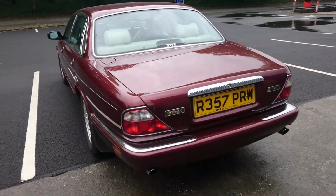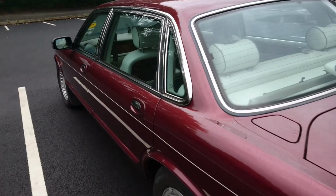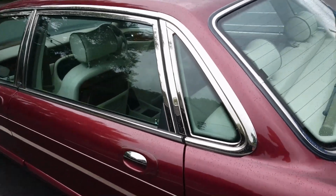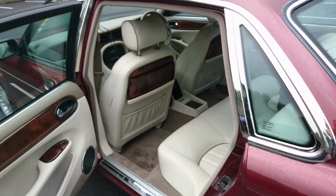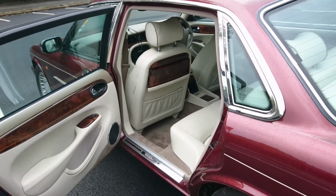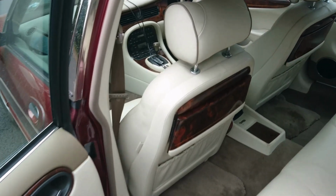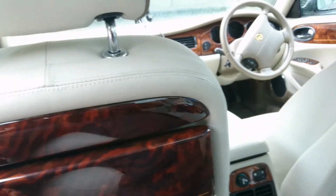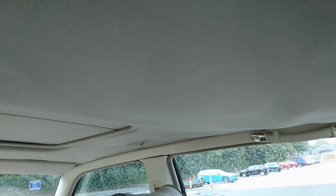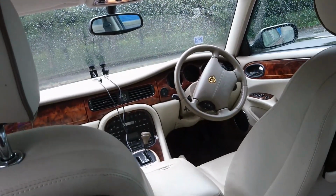Twin exhausts. I'm surprised you've not got twin fuel tanks actually. We've only got one fuel tank in this. Probably not the most economical car, but look at the space. If you're the mayor of somewhere distinguished, this would be the car for you. Luxury wood, cream leather, not quite beige leather, viewers, but look at these carpets. Feels very nice. Very nice. The only problem is we've got the typical Jaguar XJ saggy headlining in here. That's a problem, but nevertheless,